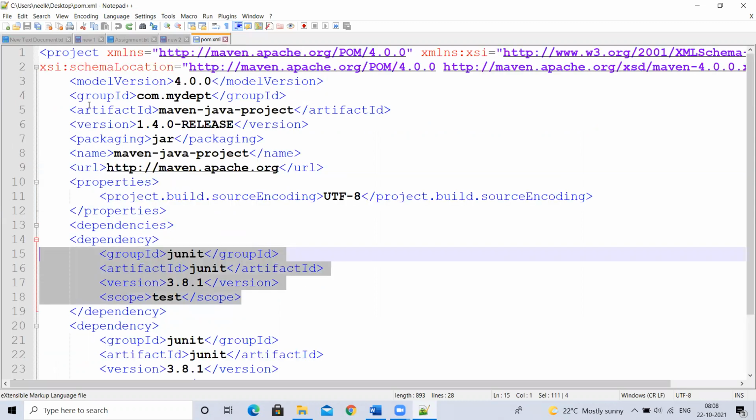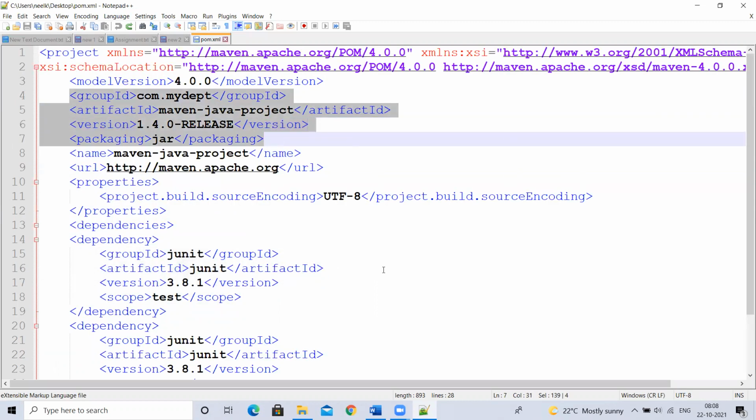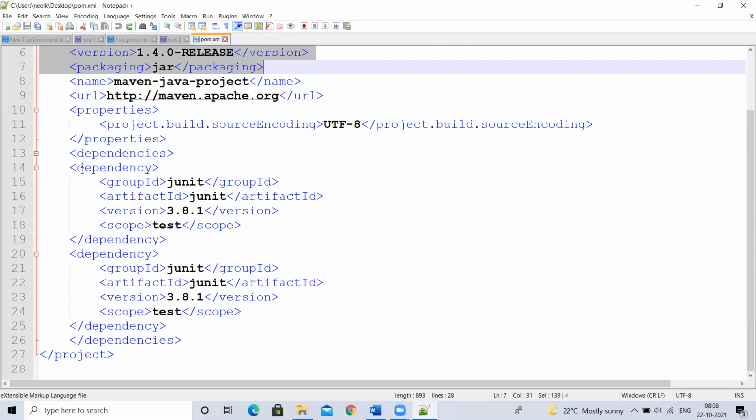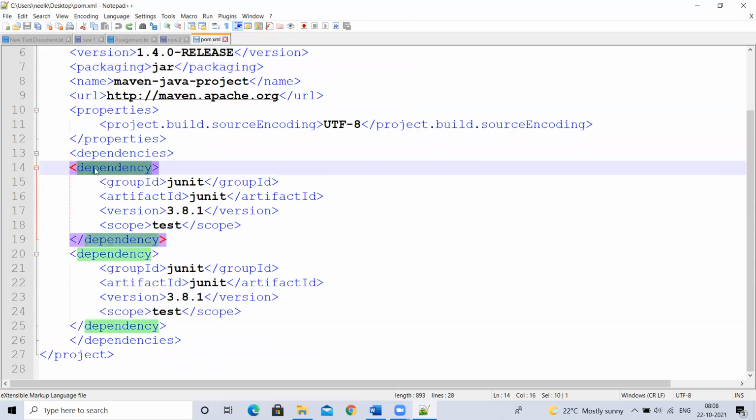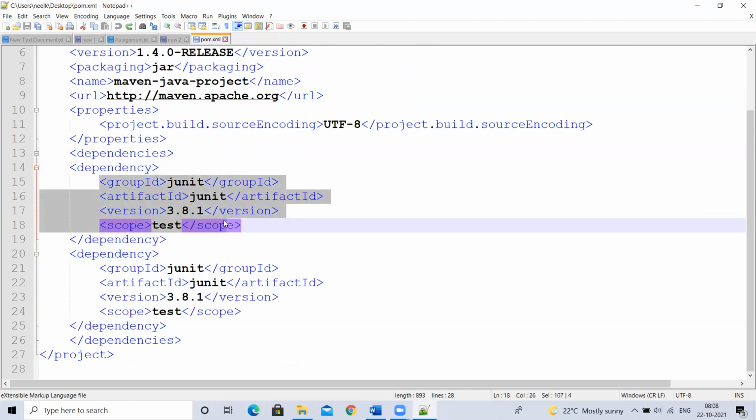Now why we are defining this: we have a Java project, and inside that Java project we are creating a pom.xml. We create the pom.xml because we want to use Maven to convert the Java project into an artifact. While converting, it will use these details. We'll see that later also. Inside the dependencies we write the external dependencies, whatever our project is dependent on. Understood? Yes or no? Yes. Okay.